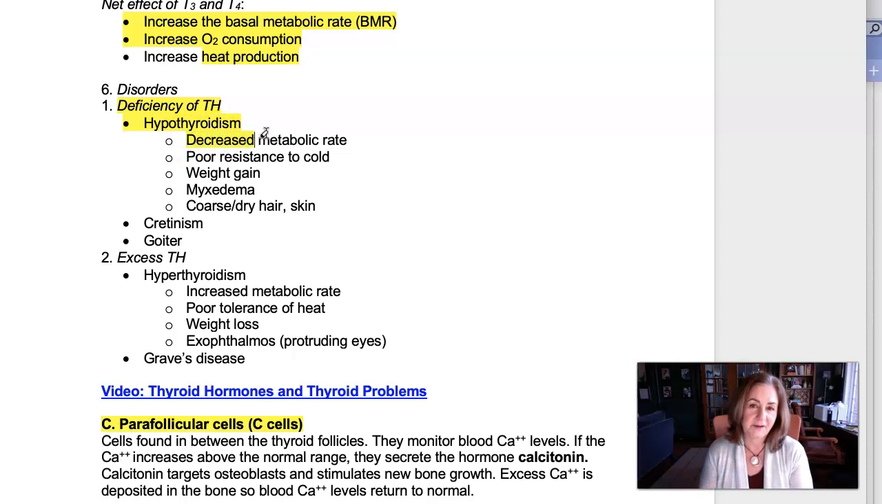And if we're not utilizing nutrients, then we're storing nutrients. And so another characteristic is weight gain. Also, if you're not utilizing nutrients, you feel cold, right? Poor resistance to the cold. And then these are other clinical conditions that are associated with